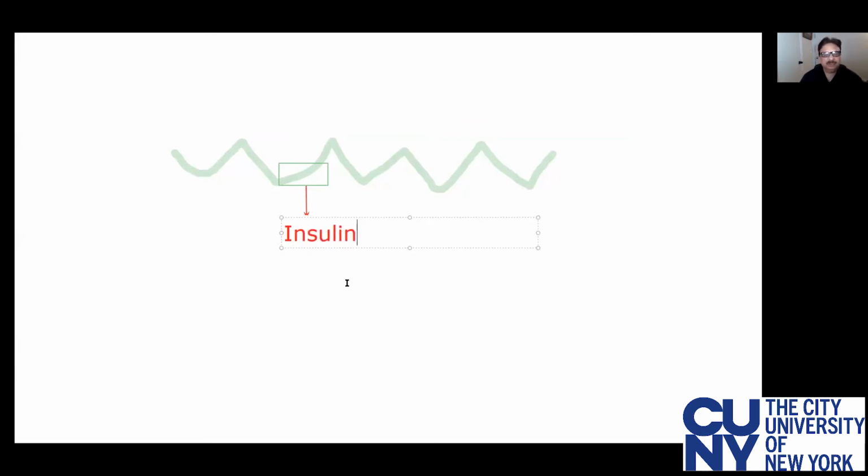So what scientists can do is cut this gene from here, and cut this gene from here, and take out the insulin gene. So let's say they take out the insulin gene from this portion, right? They took out the gene, and then they will